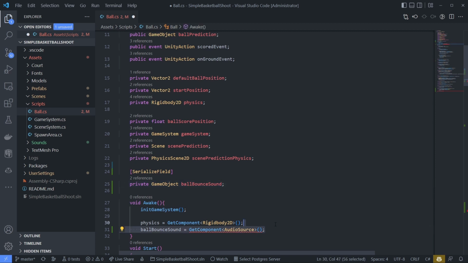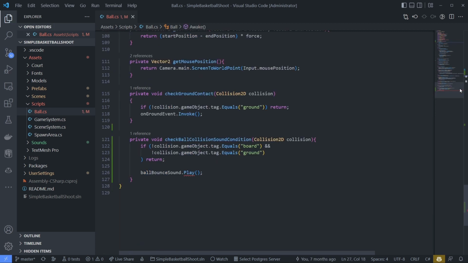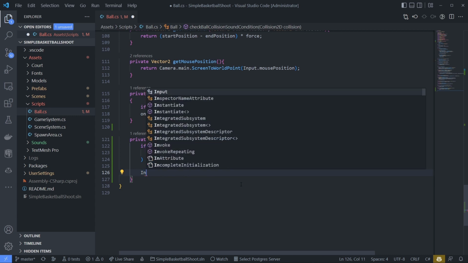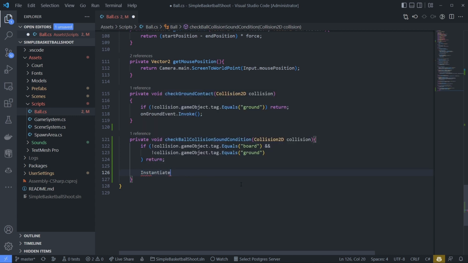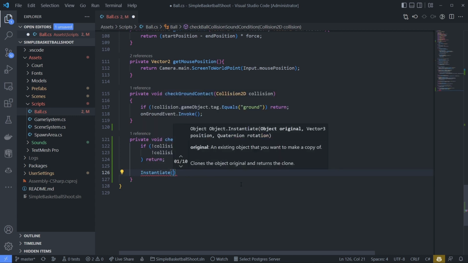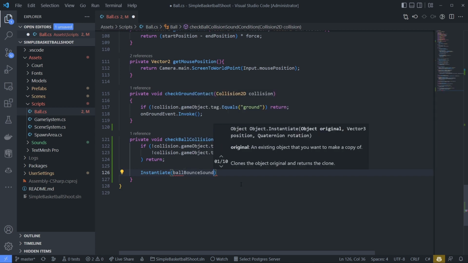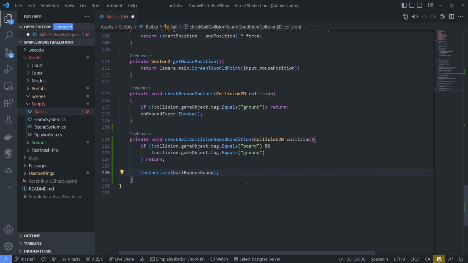We don't need to initialize this, and when the collision happens, instead of play, we can just instantiate the ball bounce sound, just like this.